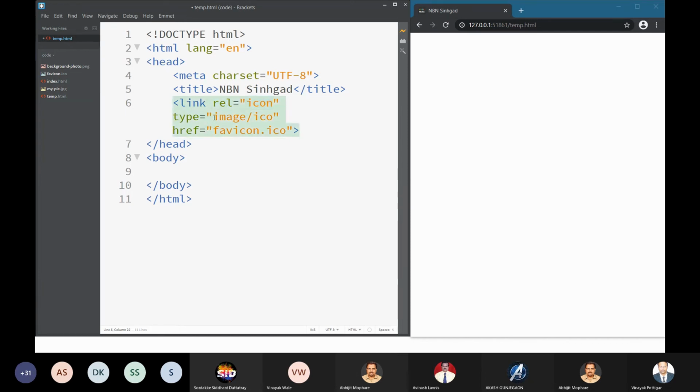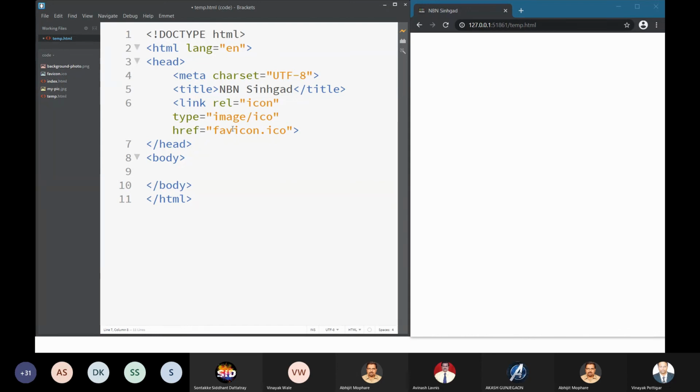Then what is the type? Type is image slash ICO. And what is the href? Href means hyper reference. So it is referring to this file favicon.ico. Now where is this favicon.ico icon file? It is available in this directory in which I have created that temp.html file, right?